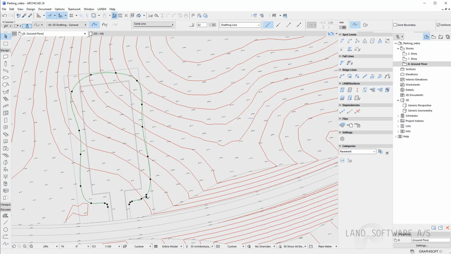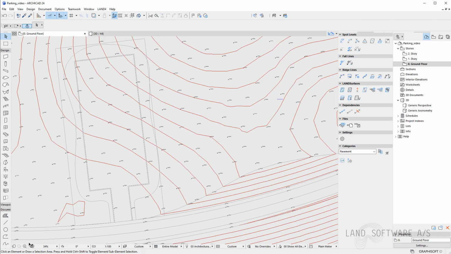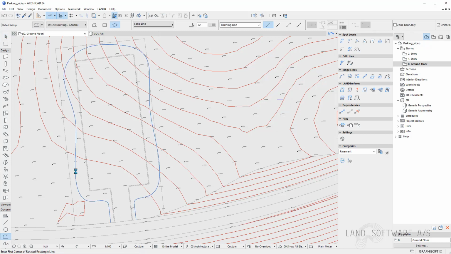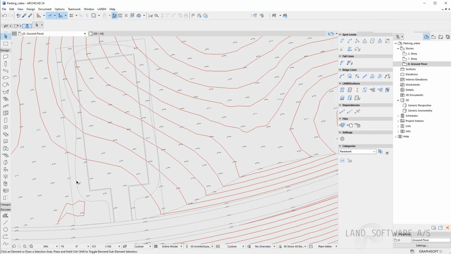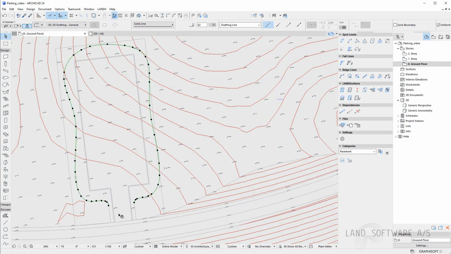So once I'm done designing the spline around the parking lot, I can use the polyline tool to create a polyline over it. And I can now delete the initial spline. So I have the polyline around.